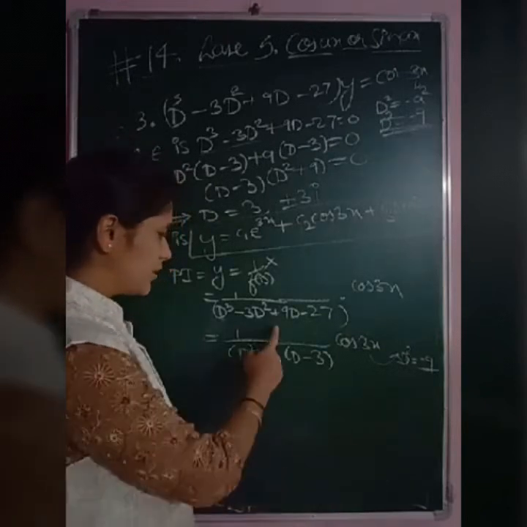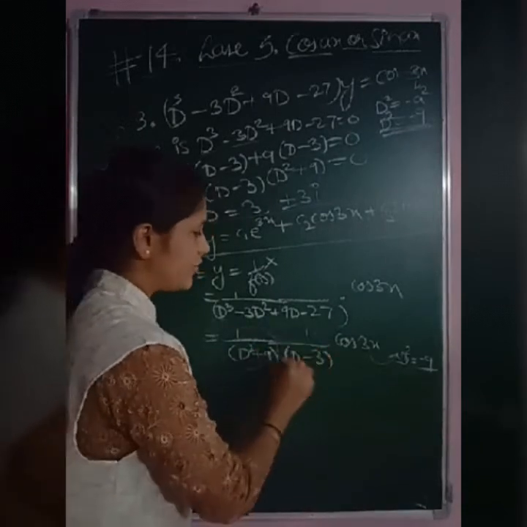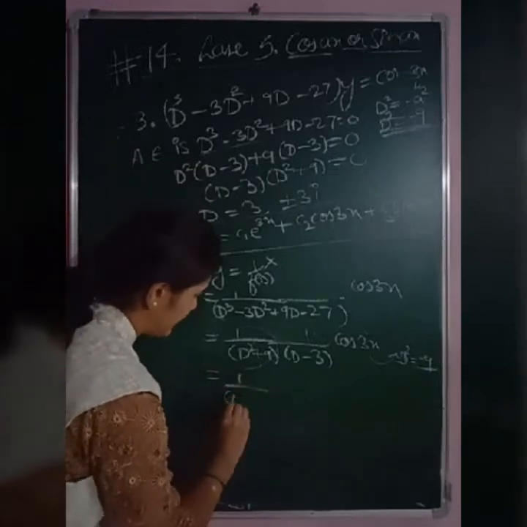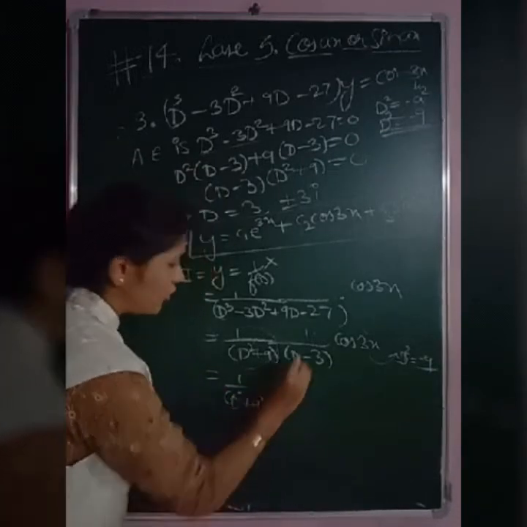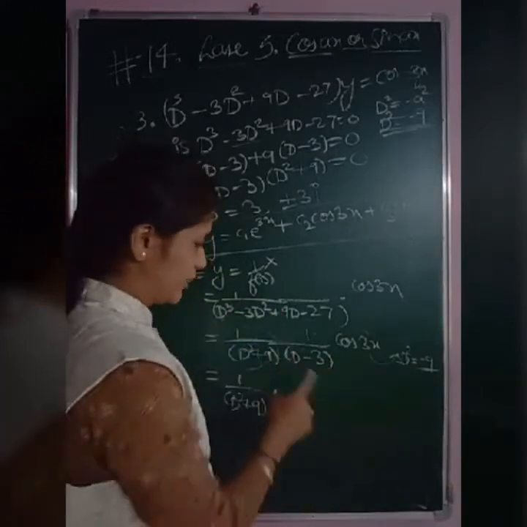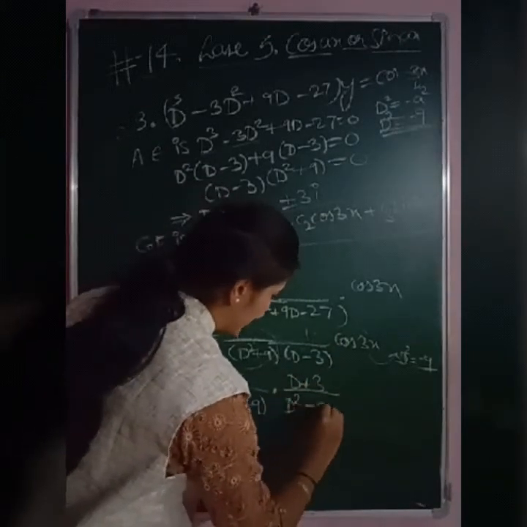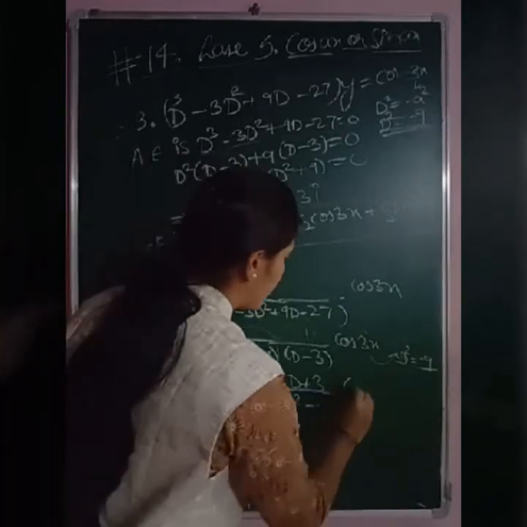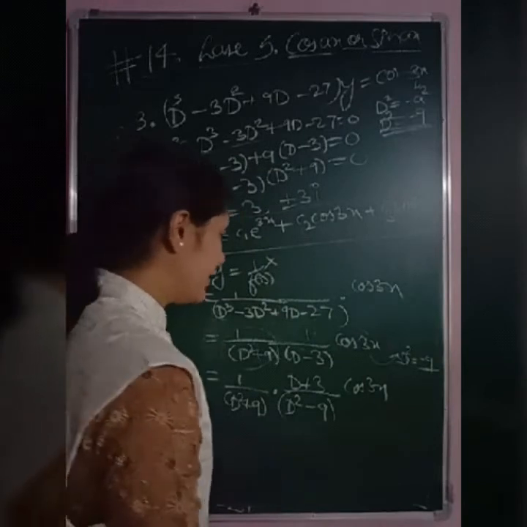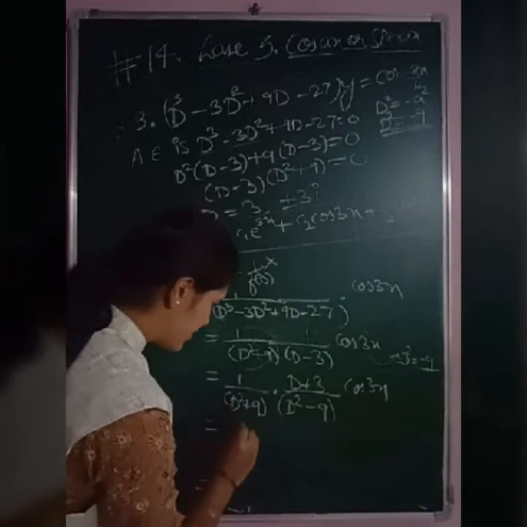Or what you can do, later we will follow this note, and first we will solve for this, right? So how can we solve for this? Keeping this as it is. Multiply and divide by D plus 3 because we do not know D value. So rationalize, D plus 3 by D square minus 9 of cos 3x. So this is nothing but rationalize the denominator. Now what is the value of D square? Minus 9.